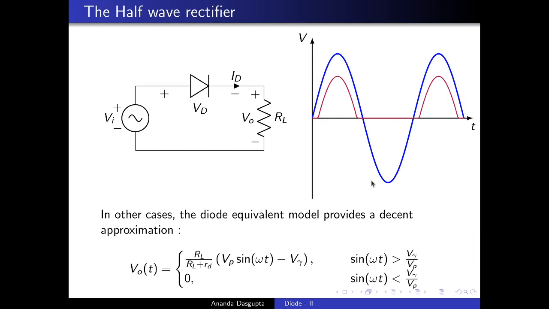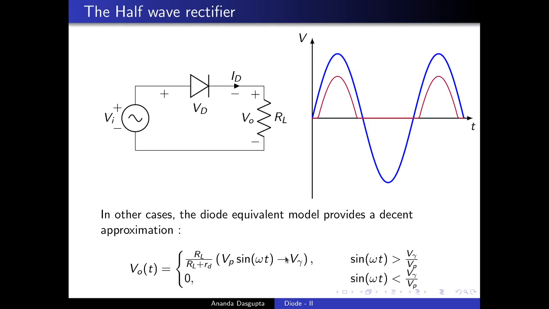Of course, if you cannot use the ideal diode approximation, you can still use a diode equivalent model, where you mimic your real diode with an ideal diode in series with a cut-in voltage battery in reverse and a small rd resistance in series with it. And if you take that into account, the output voltage works out to be RL by RL plus rd, that's the series voltage division formula, times Vp sine omega t, which is the input voltage, of course,